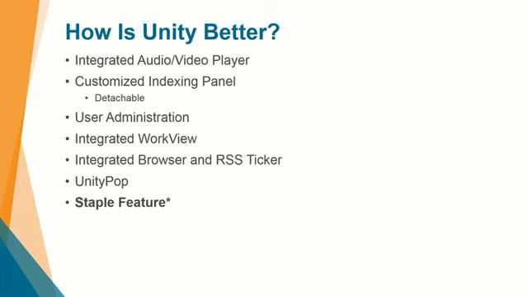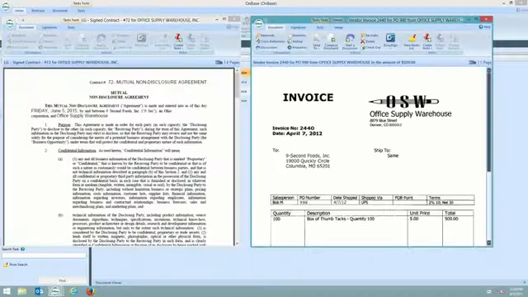I wanted to highlight the staple feature. The staple feature isn't something new within the Unity client whatsoever. It's available within the different clients, but a lot of people don't know about this, so I just wanted to take 30 seconds just to talk through this. Notice in the Unity client you have these little different staples. When I have two different documents up that might not be linked in any form or fashion, so this is not a cross-reference, but I've retrieved these two separate documents, I can go ahead and drag and drop that staple